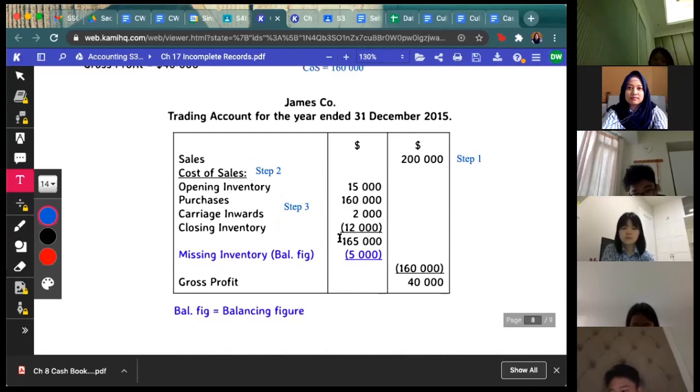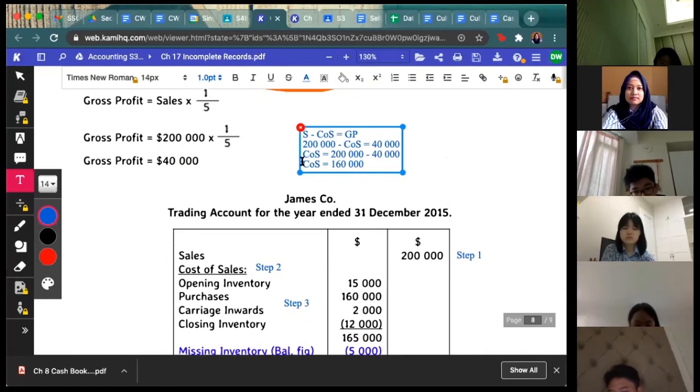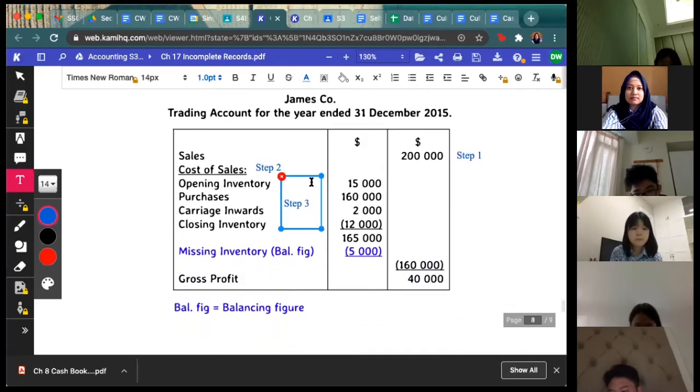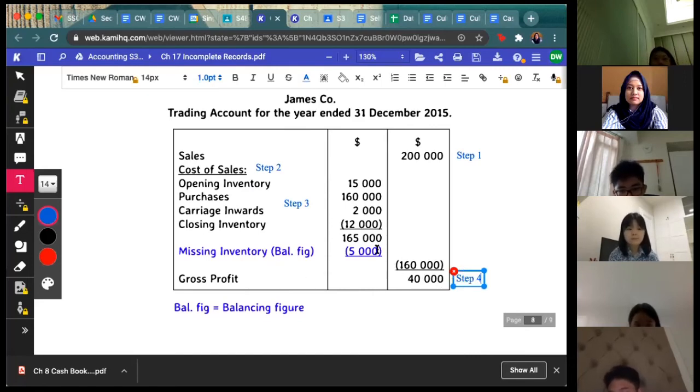But when you find this 165, do not put this 165 in the right side. Why? Because when you see here, the actual cost of sales is 160. Okay, so the next step is over here. Step 4. You put gross profit, so you leave about 2 rows to put gross profit here. After that,